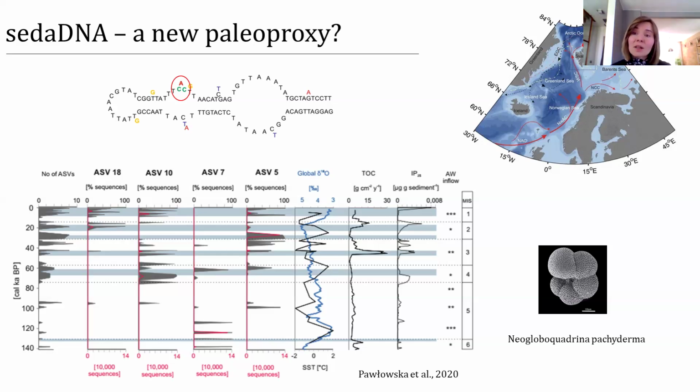That was the time when the Svalbard-Barents ice sheet broke up, when the Fram Strait opened again. So it allows the water exchange between the Greenland Sea and the center of the Arctic Ocean. And that, most likely, caused the shift in the genetic structure of the population of Neogloboquadrina pachyderma. And this is the kind of information that we cannot obtain using morphology, because all these morphological species were basically more or less the same.